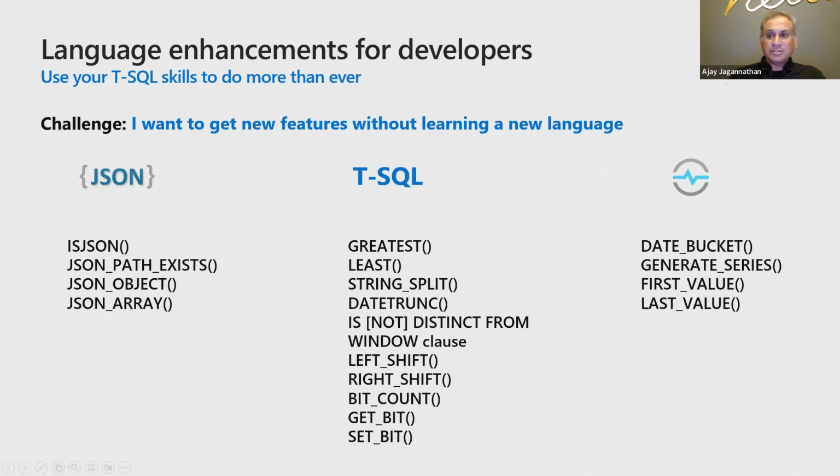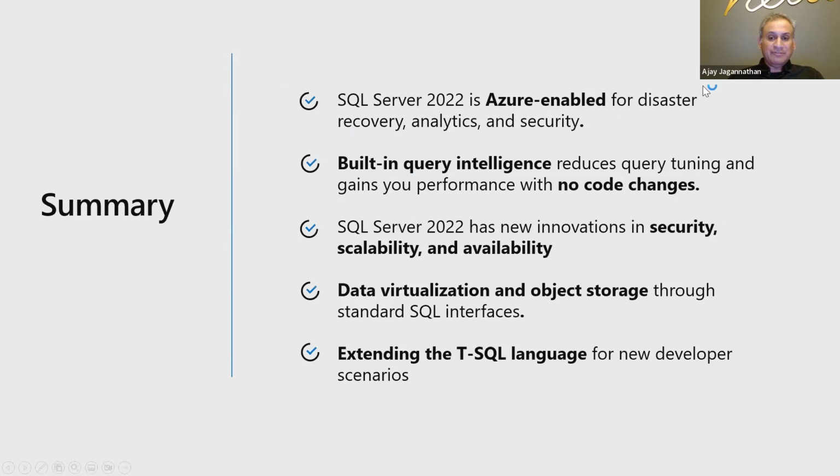And then the last category is all the time series functions. We introduced Azure SQL Edge a couple of years back, which is a very common scenario when you're doing IoT type streaming data coming into the database, with several windowing and time series functions to store and manipulate this data. So customers want to use SQL in those scenarios, like an ingestion scenario, and be able to use time series functions on those. So we are bringing the same experience to SQL Server with SQL Server 2022, as you can see here. So now we covered all the 5 buckets in the wheel of power.